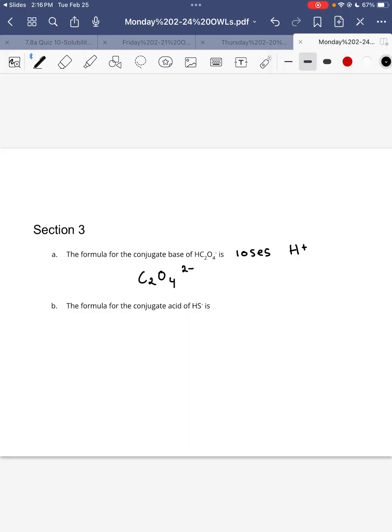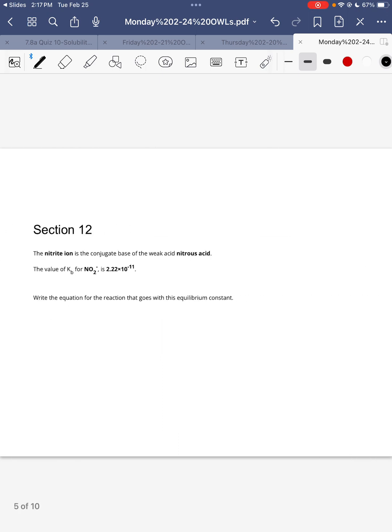On the flip side, the formula for the conjugate acid of HS is basically asking what would happen if this base gained a proton. So if it gained a proton, it would become H2S, because a conjugate acid is going to form after a base gains a proton. Next, we're going to skip ahead a bunch of sections to section 12, where we're writing a little bit about conjugate acid formulas. So we're told the nitrite ion is the conjugate base of the weak